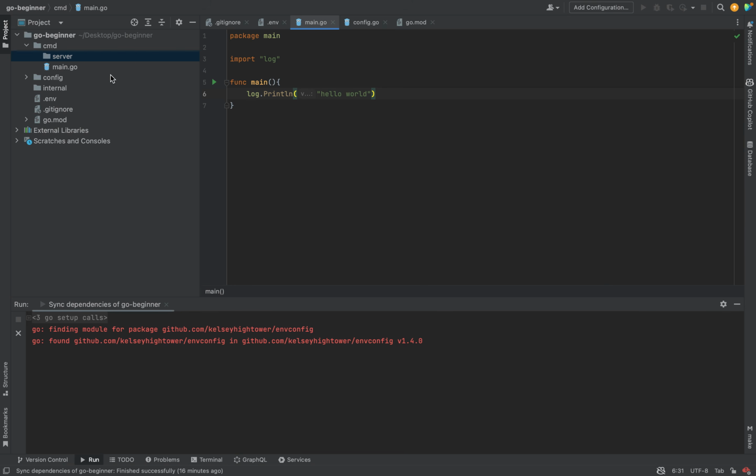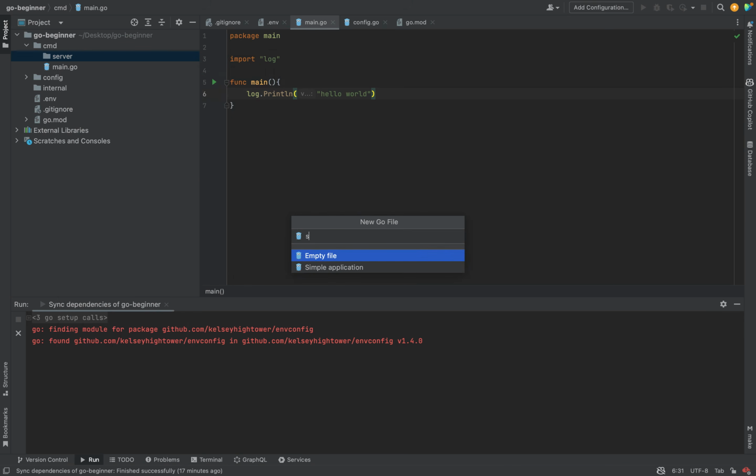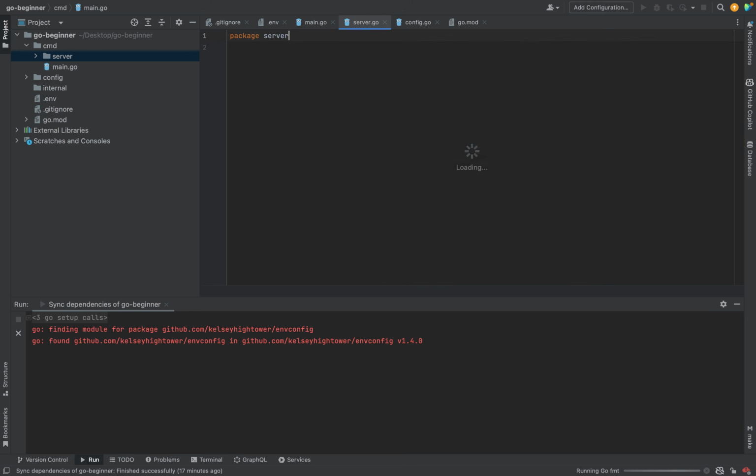So the next thing is probably to set up our server, and hopefully set up our router, and see where we go from there, right? So for our server, let's create a Go file. Just write server.go, right? Server.go. Let's call this func